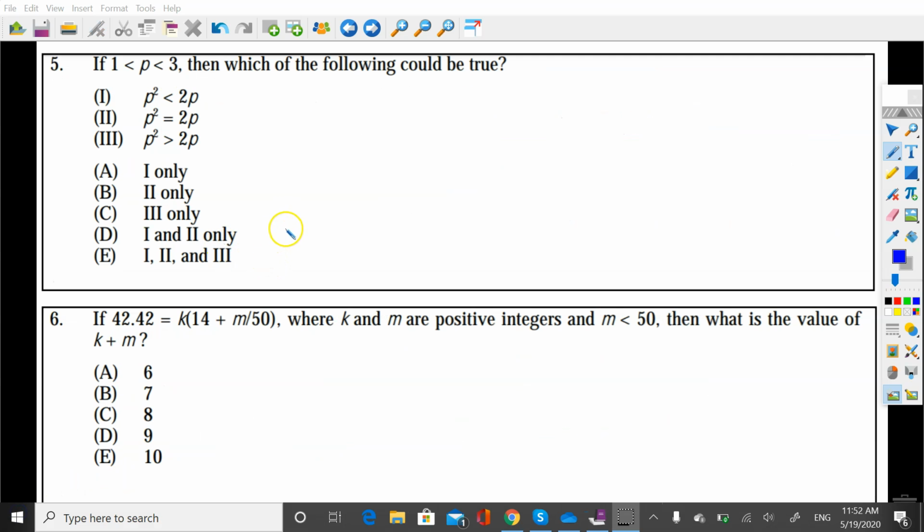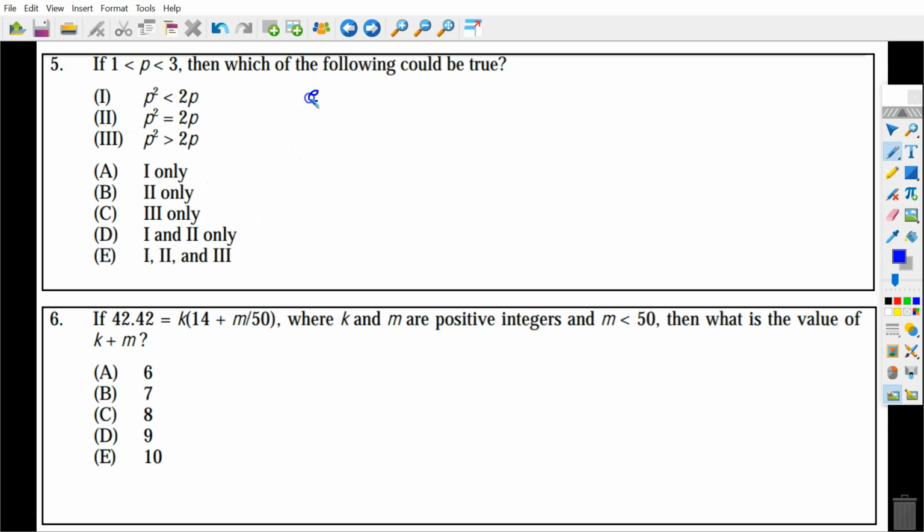All right, let's carry on to the next problem. In this problem, it says if 1 is less than p less than 3, then which of the following could be true? Since p could be any number falling in between 1 and 3, we can select any number in that range. So let's say p is equal to 3 halves first. Then let's apply all these conditions. So p squared will be 9 over 4, and 2p will be 2 times 3 over 2,